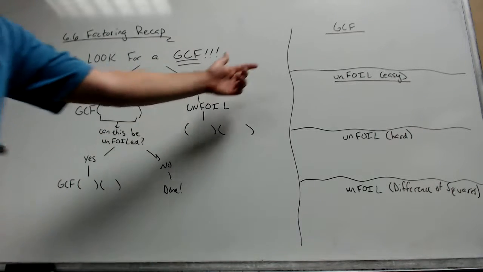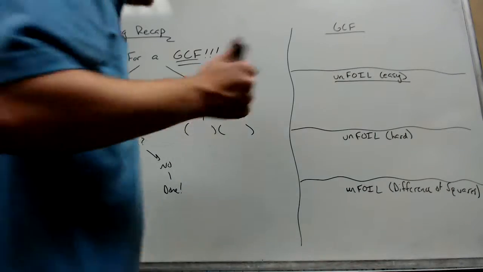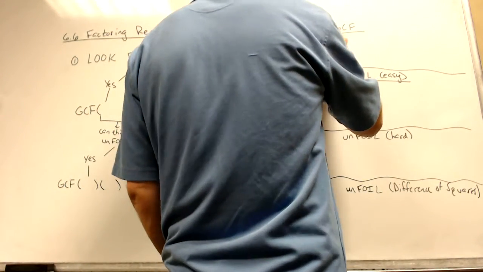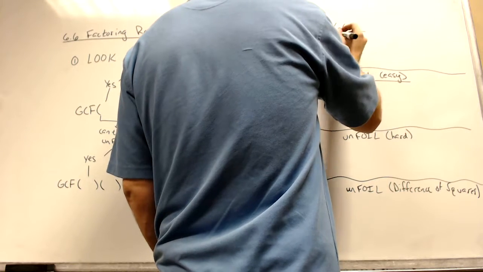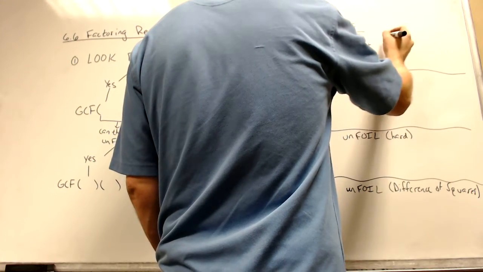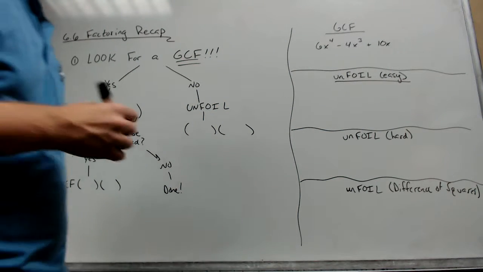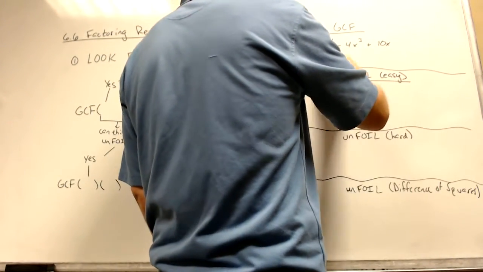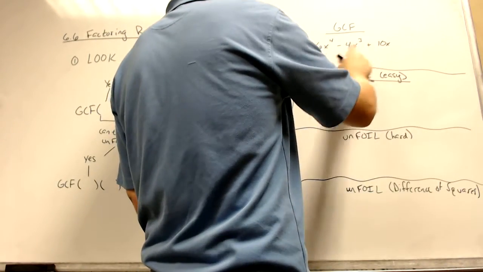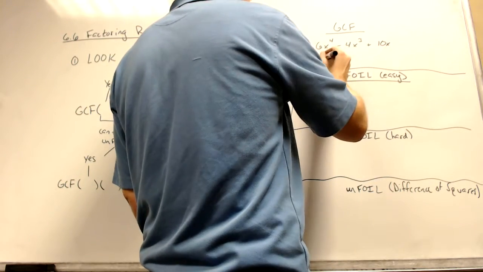Okay, so over here, let's go through 4 quick examples of what those would look like. So if I just had a GCF in a problem, it might look like something like that, where we would say, oh yeah, I definitely see something that all 3 of these terms have in common. They're all divisible by 2, and they all have x's in them. So I use the lowest power. They all have an x that I can